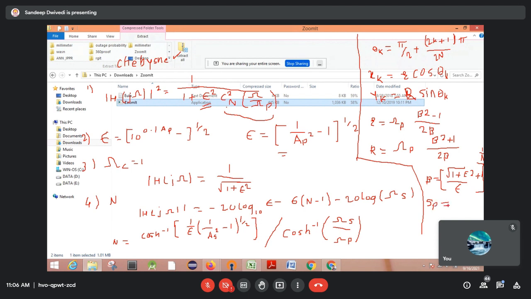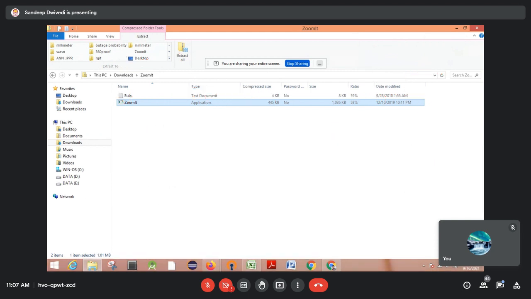The equation will be simple: r cos theta k, that is xk, plus j yk, will give you the pole, xk plus j yk. After that you can find H of s, the same formula will be there. We will see this part in the next lecture because I think time is over.